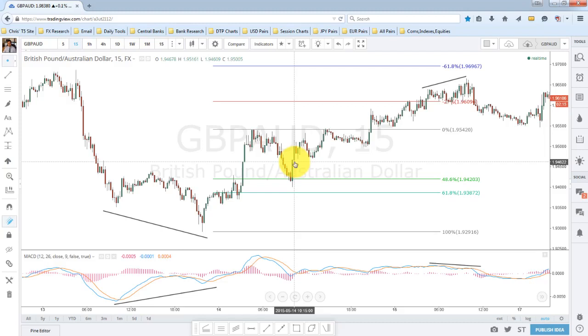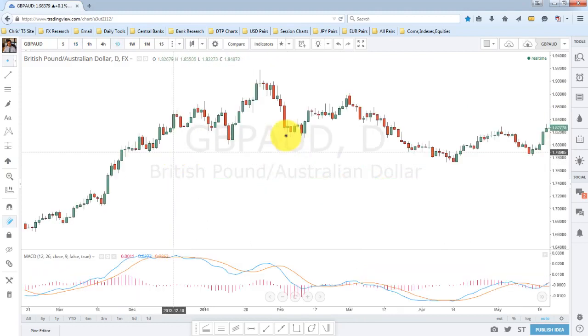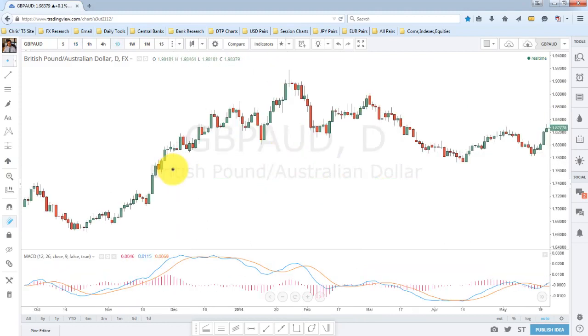Okay, so using limit orders to enter. Now let's look at a higher time frame setup. Here is a British pound, and this is a daily chart. The reason I'm showing this is, yeah, we didn't break the low right here, but